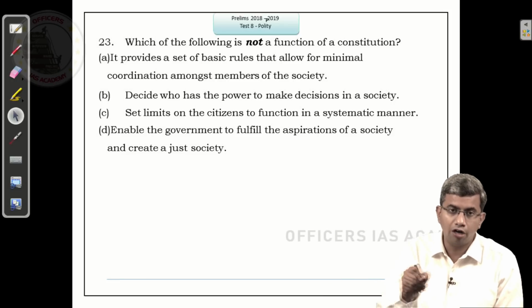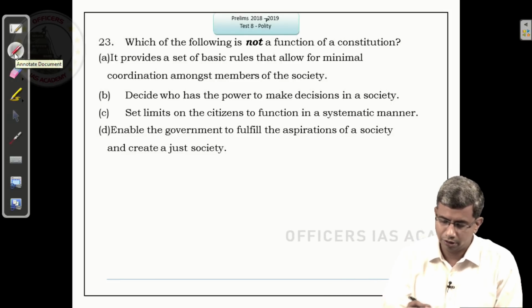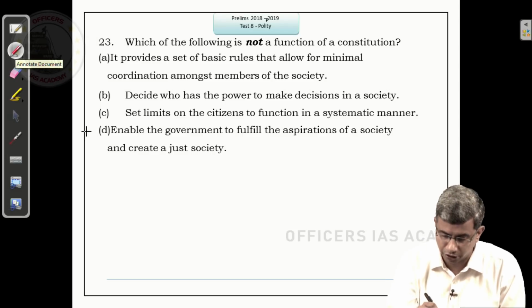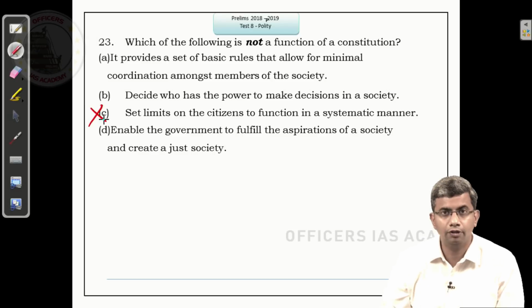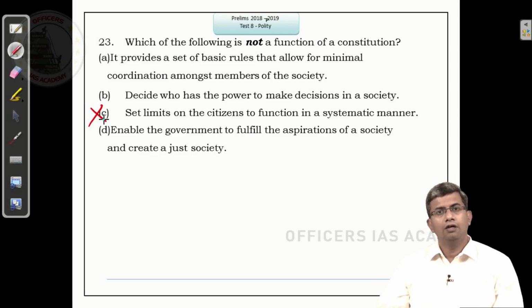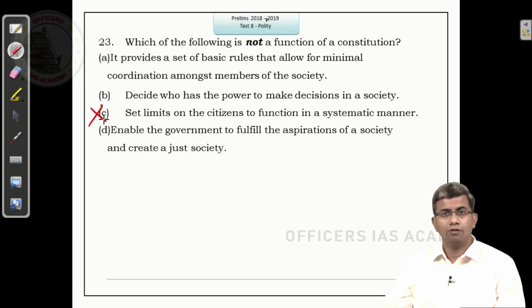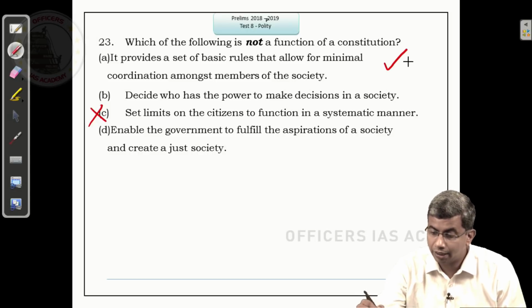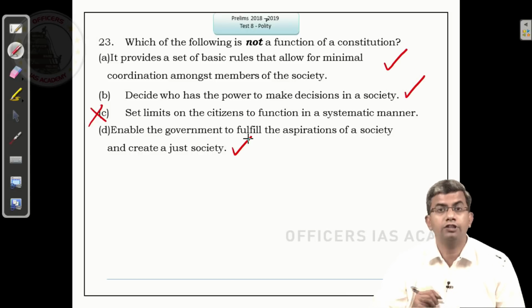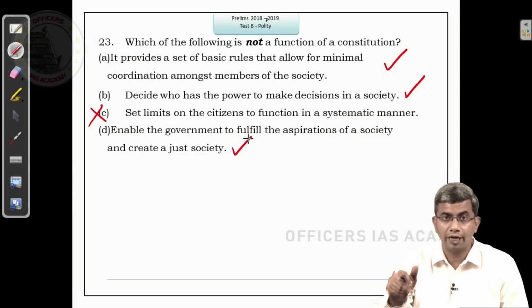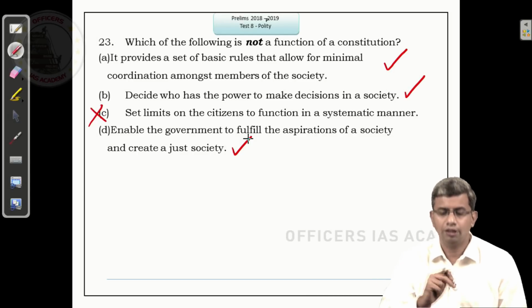So which is not a function of the Constitution? Out of this, the most appropriate is this. So it does set limits on the citizens also, right? Because there are reasonable restrictions. But that is not the primary function of the Constitution. The other 3 are definitely the most important functions of a Constitution. So the most appropriate answer for this question, which is not a function of the Constitution, is set limits on